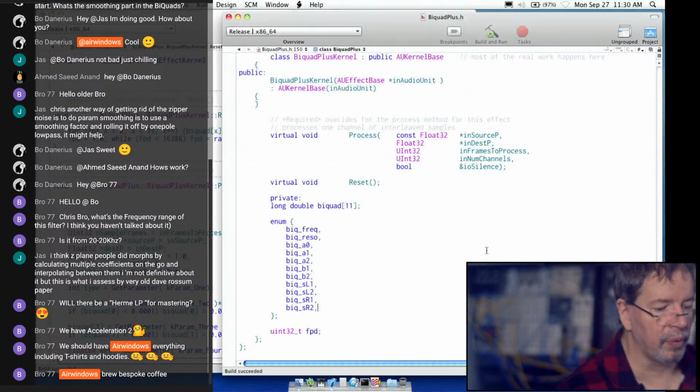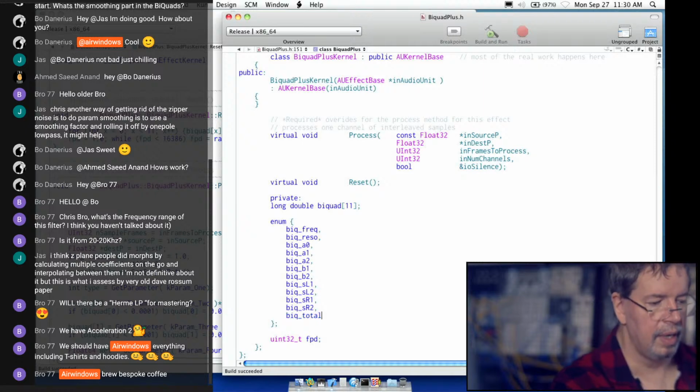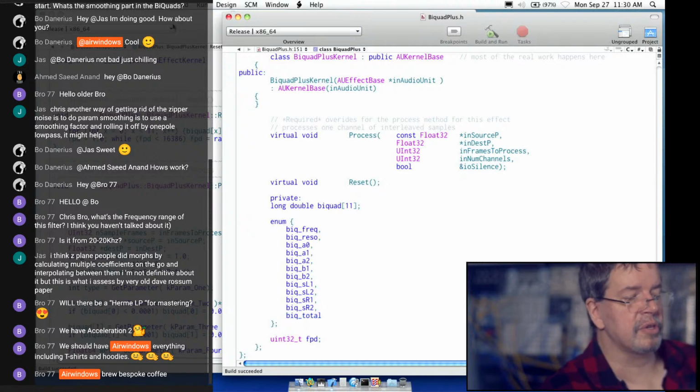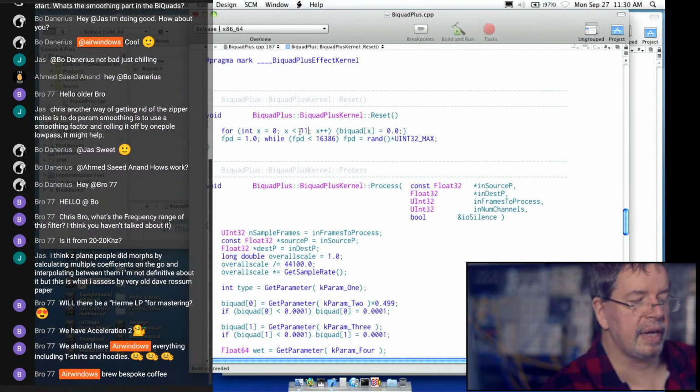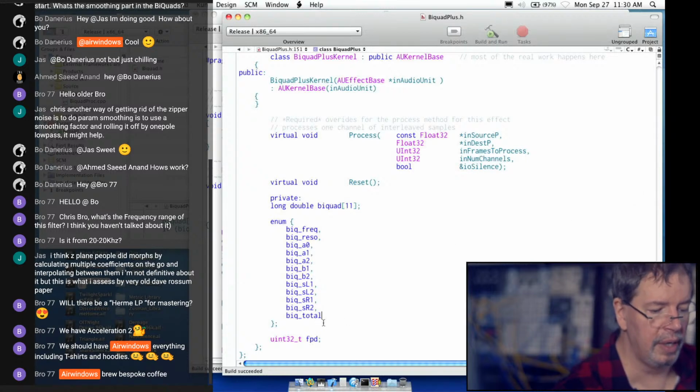Here's the thing, right? 0, 1, 2, 3, 4, 5, 6, 7, 8, 9, 10. That means I can do this reset code and say if x is less than biquad total, it'll be done.